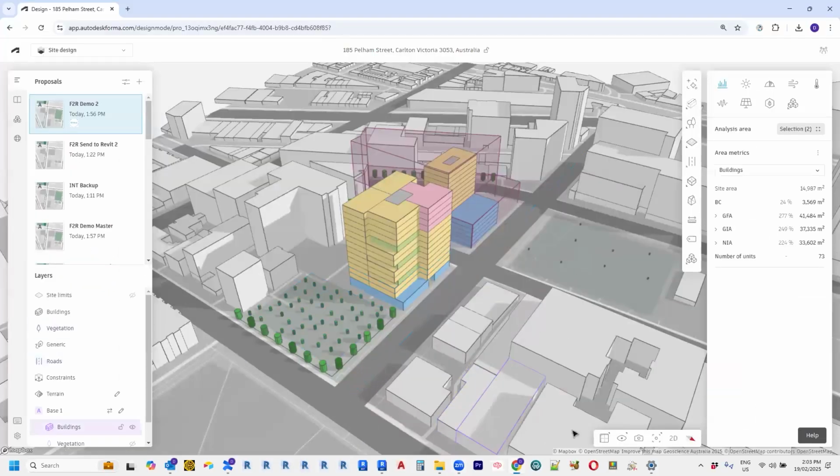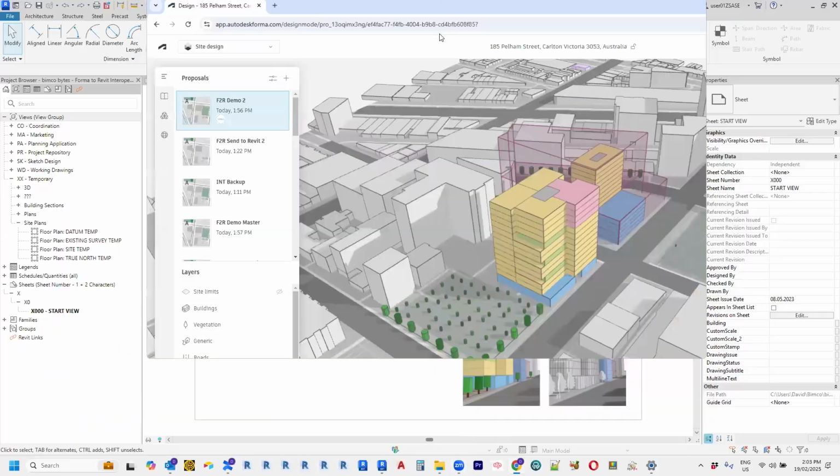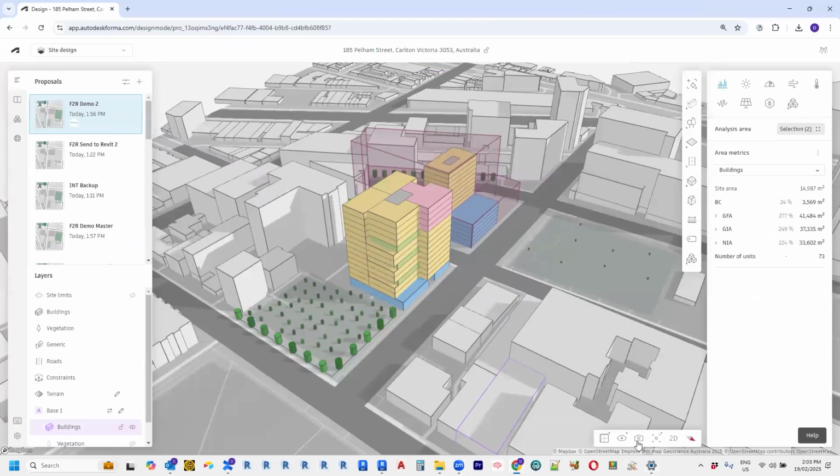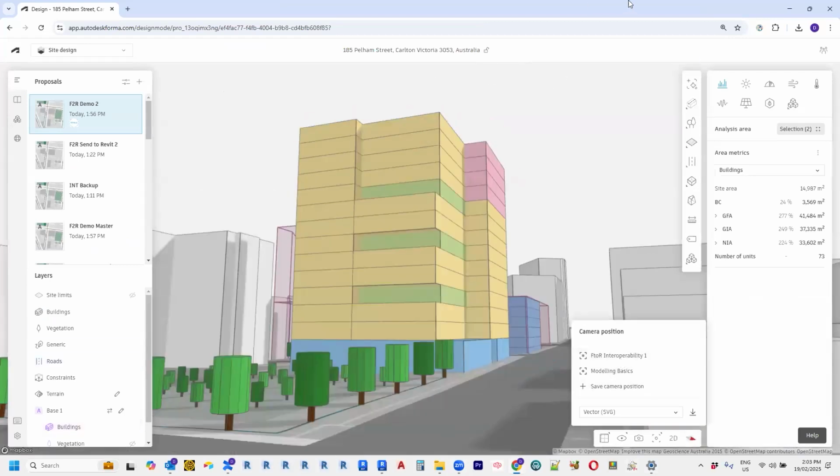So moving into Forma now, if you look at my front page actually there, we've got two little examples here. So we'll run through that, of how that's been created there. So inside of Forma, I've got a saved camera position here, which is here. So we'll use that as our demonstration. Now, to open